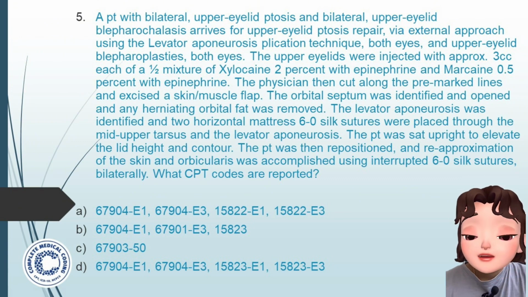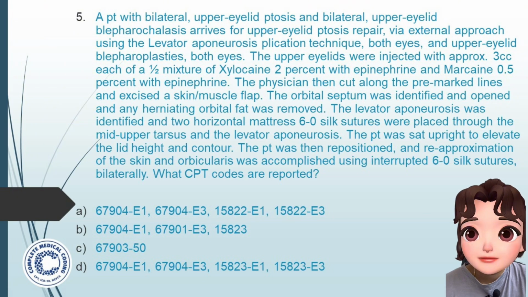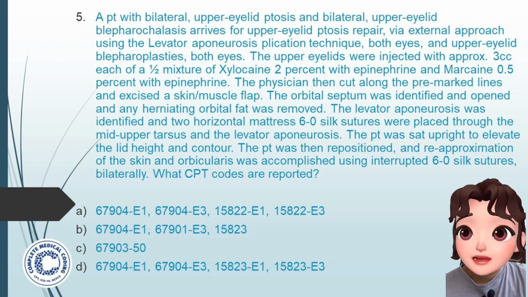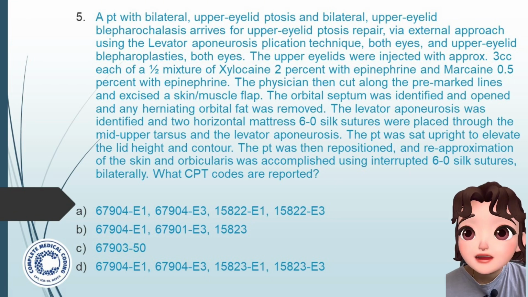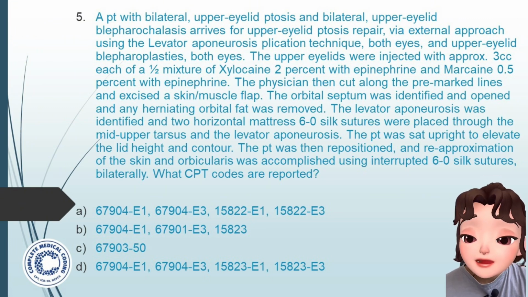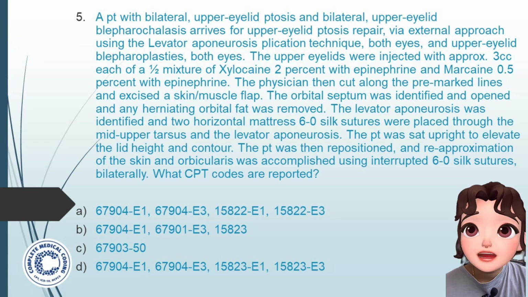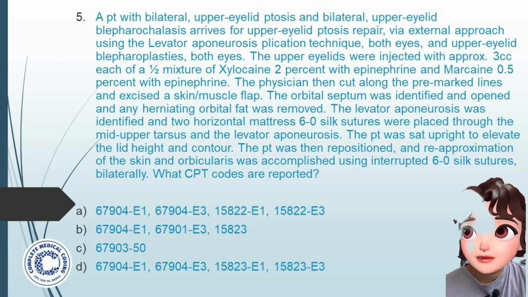Let's find out. If you check, this is a little confusing with options A and D, because 67904 is present in both options A and D with modifiers E1 and E3. Now you have to find out if the blepharoplasty code is 15822 as in option A or 15823 as in option D. Anyway, modifiers are correct, E1 and E3. So what is 15822? Blepharoplasty upper eyelid, which is correct. But what is 15823? Blepharoplasty upper eyelid with excessive skin weighting down lid. Is there anything like that mentioned in the question? Yes, it is. See, in the almost third sentence,